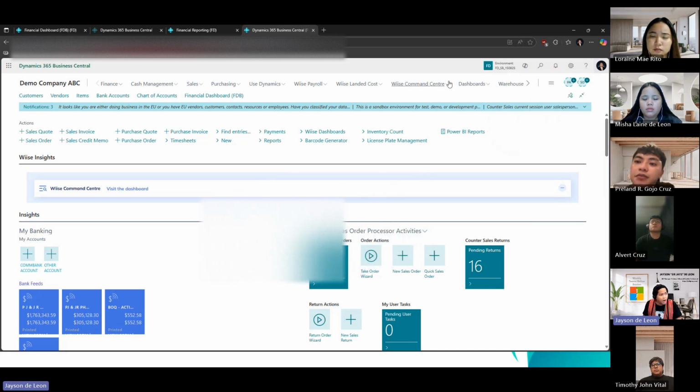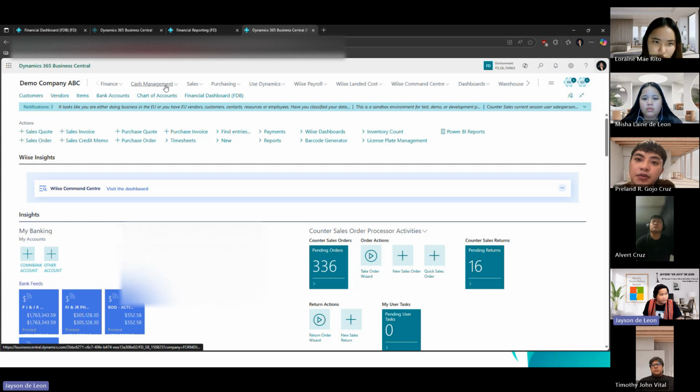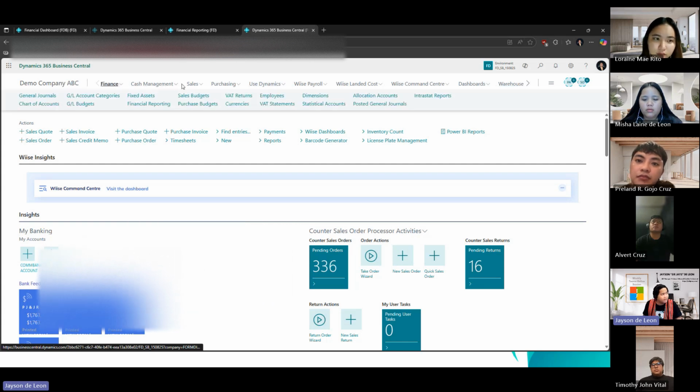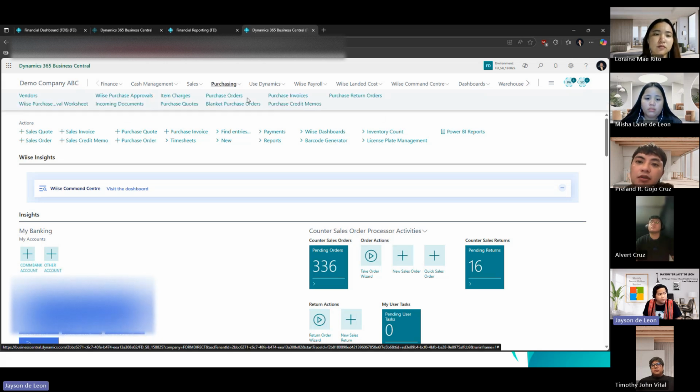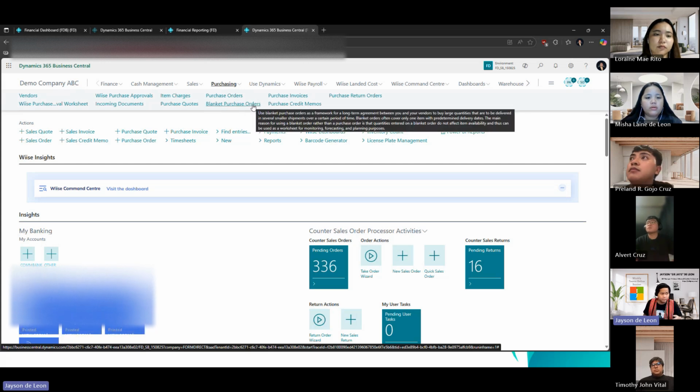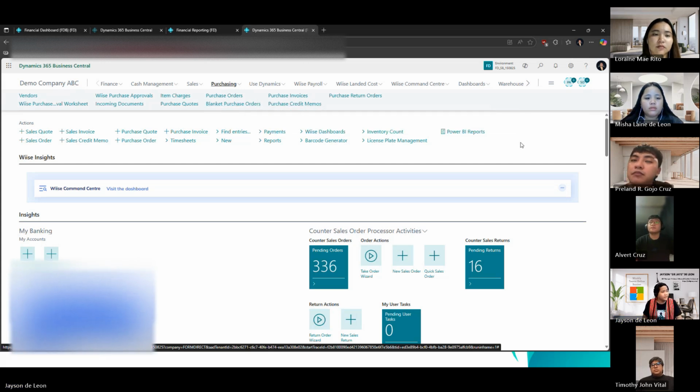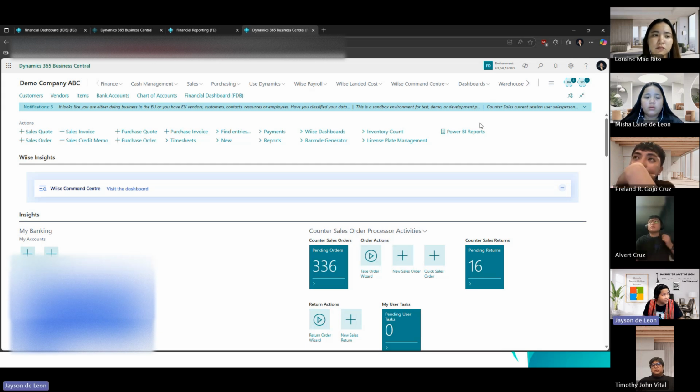On the upper portion are the modules. We have the finance, cash management, sales for your sales quotes, sales orders. You also have your purchasing here for your purchase orders, purchase quotes, and the blanket PO if you do blanket PO. We also have action items here.